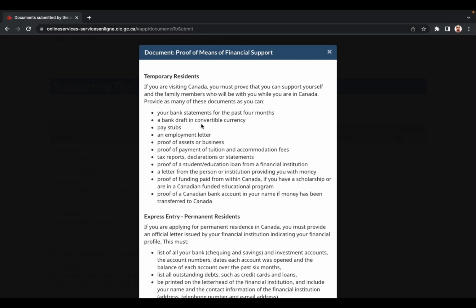So your bank statements for the past 4 months, a bank draft in convertible currency, pay stubs, an employment letter, a proof of assets or business, proof of payment of tuition and accommodation fees. So these are actually related to students. You can read through the rest of the documents, but based on my application, I have provided bank certificates declaring